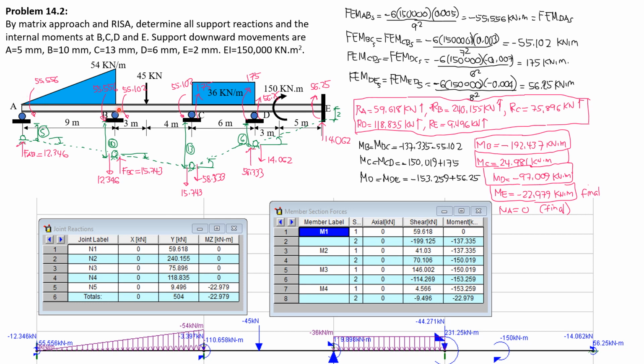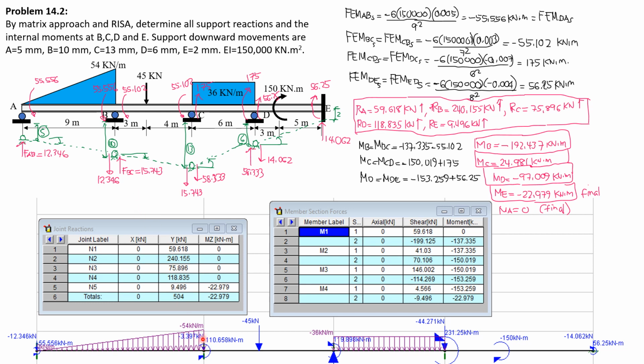opposite to this. Then at B, the load is 12.346, treat this positive, minus 15.743. So the result is negative because remember, the load is opposite to these fixed forces. So that's why I treat 12.346 positive minus 15.743 upward as negative, so that the net result, which is negative, should be the load here, which is supposedly downward, opposite to this greater magnitude force. So negative